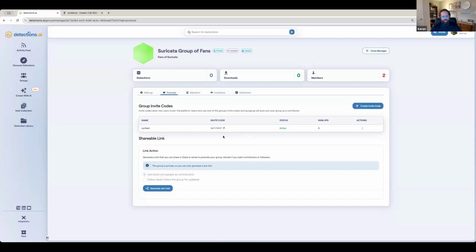If you post to LinkedIn and say, "Hey, I'm now posting a detection on Detections AI, check it out," and you say, "Join with invite code Suricata test," not only will that get them into Detections AI, they will now automatically be in your community the minute they use that invite code. Pretty awesome. We've had a lot of success with people running campaigns or using their socials to grow their audience using their own invite codes. You can disable or edit them if you wish, and you can always add more. If you were doing multiple campaigns, Suricata test one, Suricata test two, however you want to do it. Really, really useful.